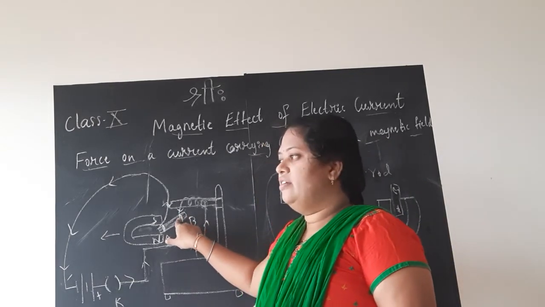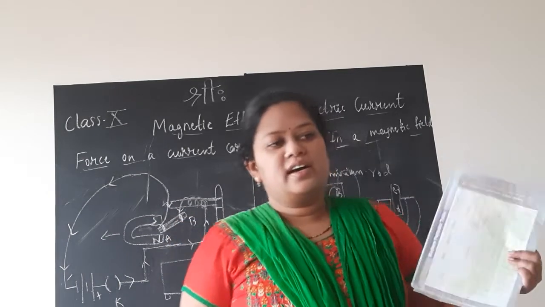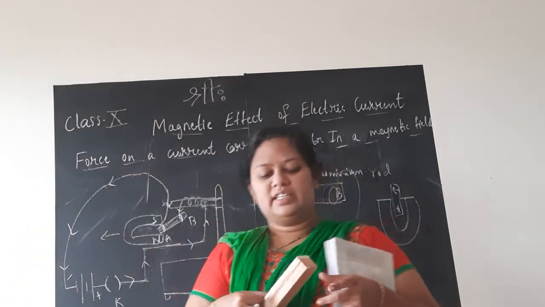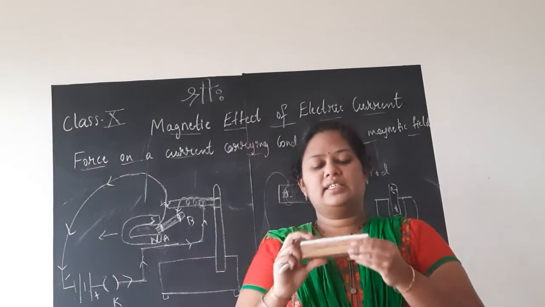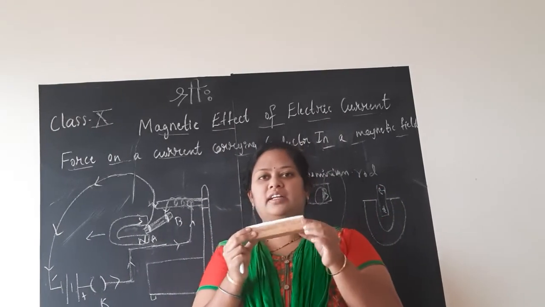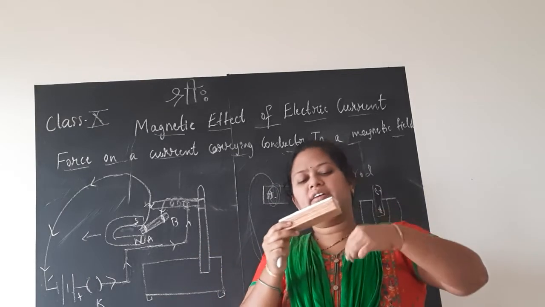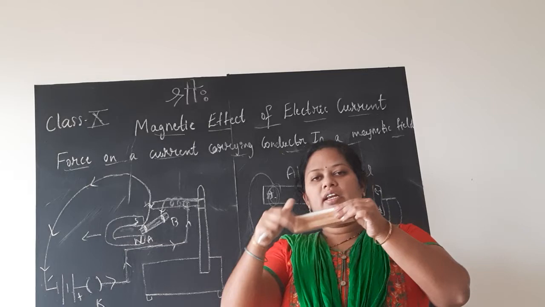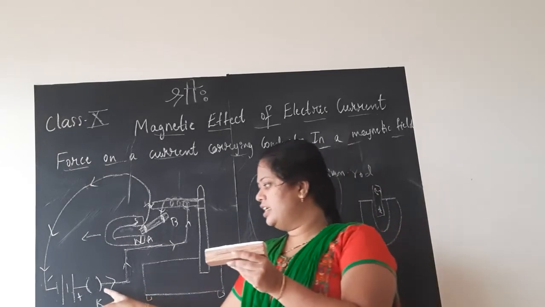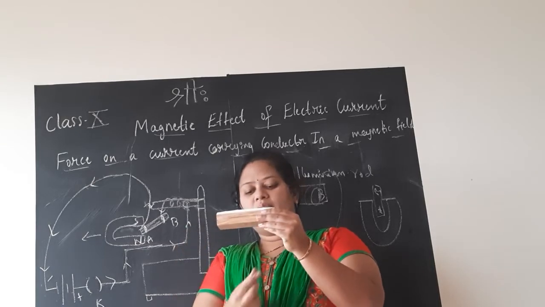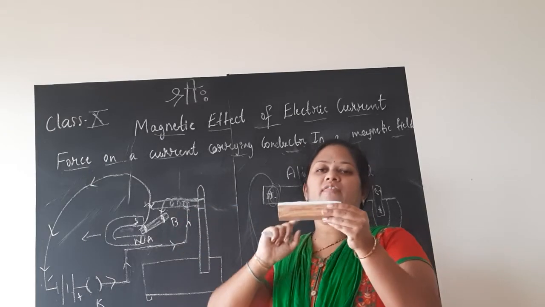One end of the rod is wound with a wire. I think you are understanding, but I am not getting satisfied. See, this is rod AB. This is the aluminium rod, end A, end B, and I will wind a copper wire or any connecting wire here. I will tie both ends. One end of that wire I will connect to the plug key and the positive of the battery. Again, from the negative of the battery, I will tie the other end of the connecting wire to this.